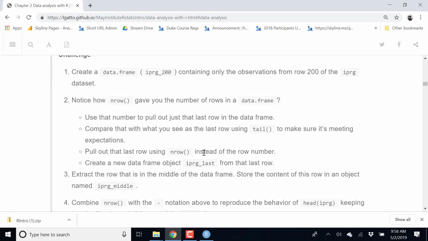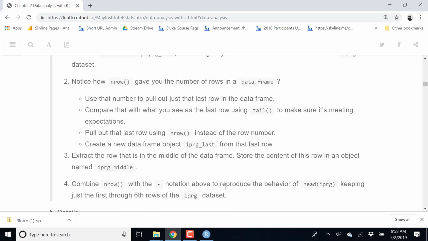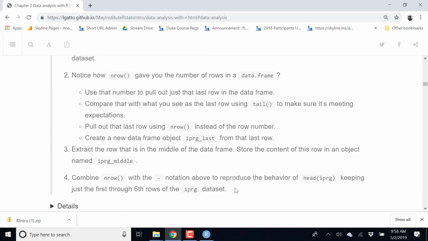And then create a new data frame called IPRG middle that contains the information for the observation that you find exactly in the middle of your data frame. And finally, using nrow and the minus notation, the minus means everything but these indices, try to replicate the behavior